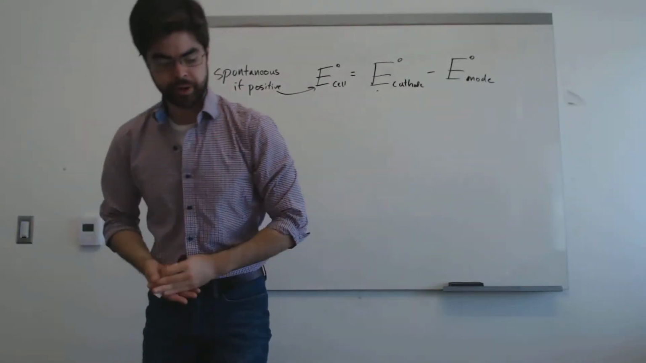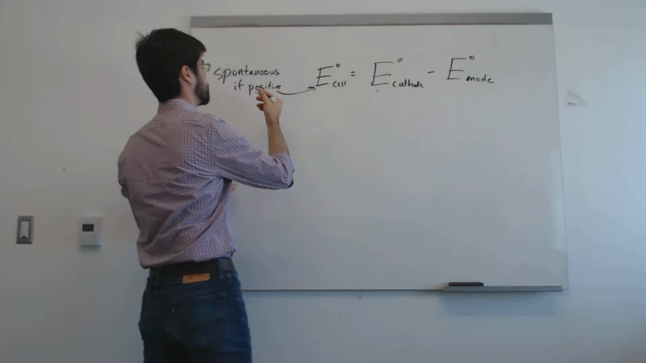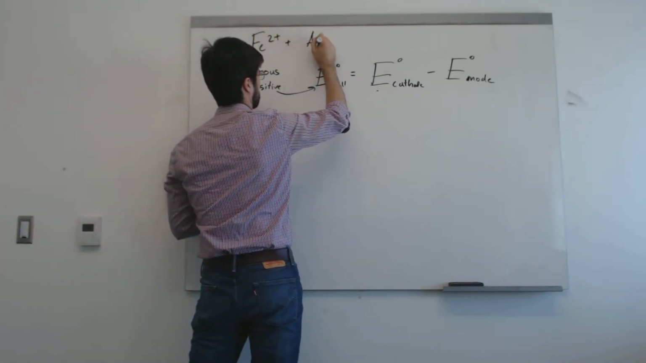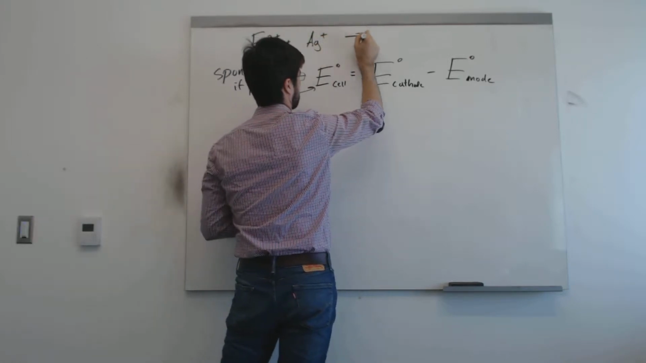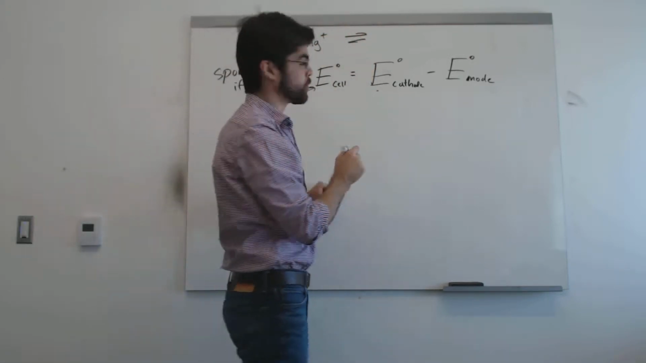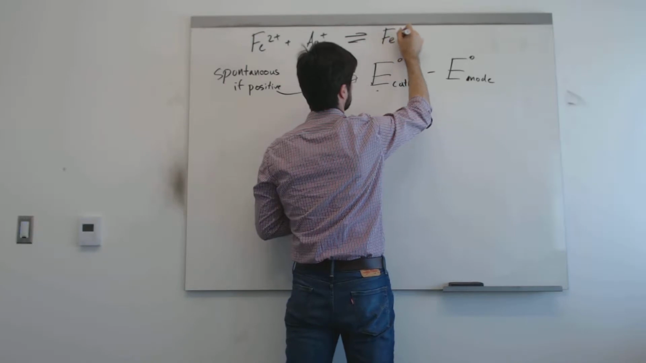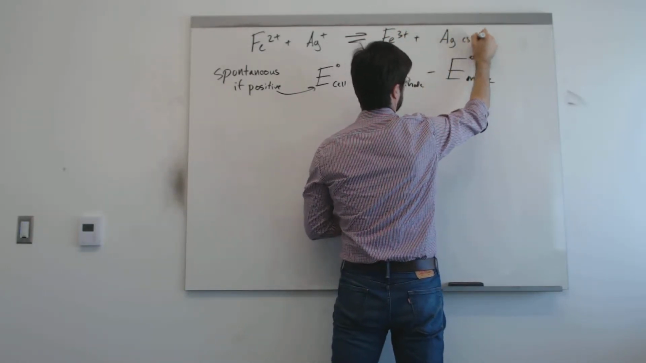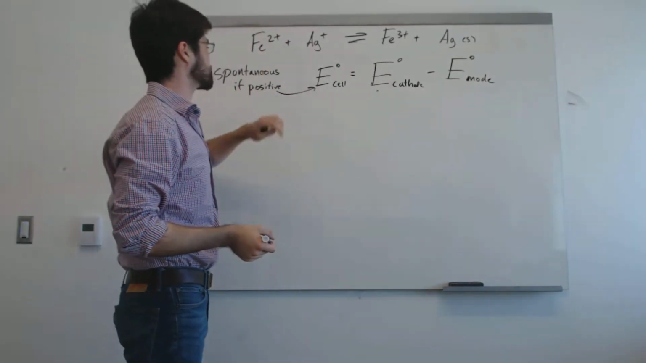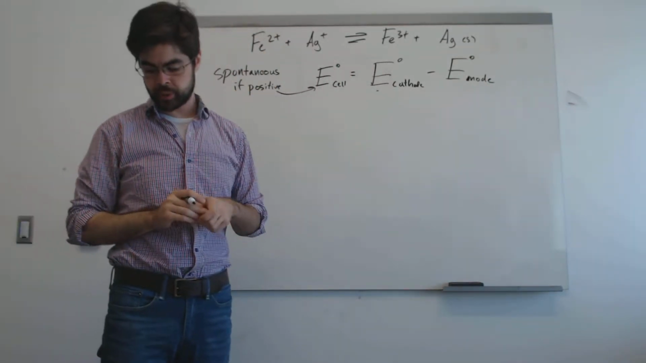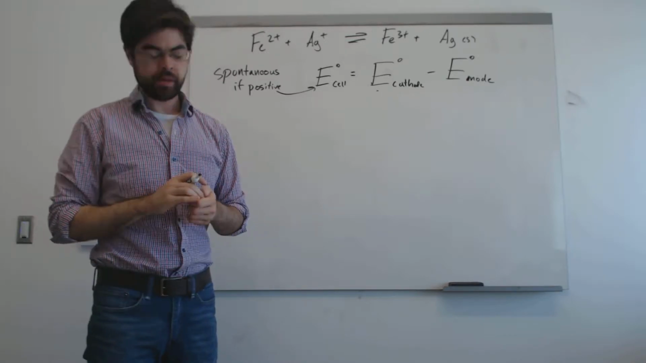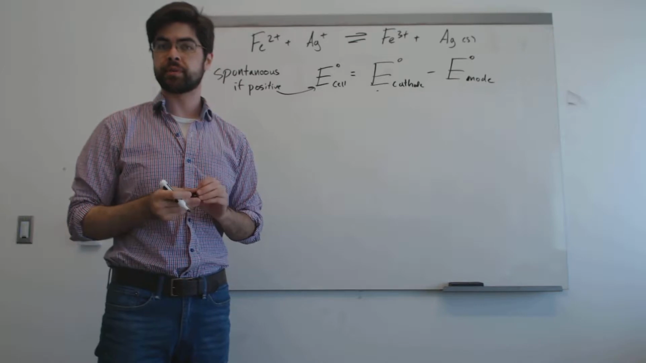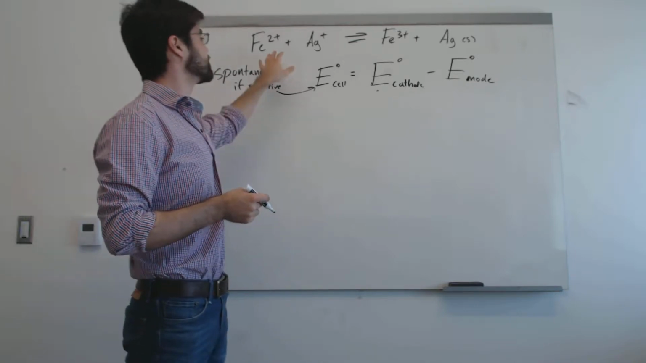So, drop my marker. If I were to have a reaction between iron 2+ and silver ions to form iron 3+ and metallic silver, is this reaction going to be spontaneous? So I would say, yet again, pause the video, check your table of standard reduction potentials, figure out which